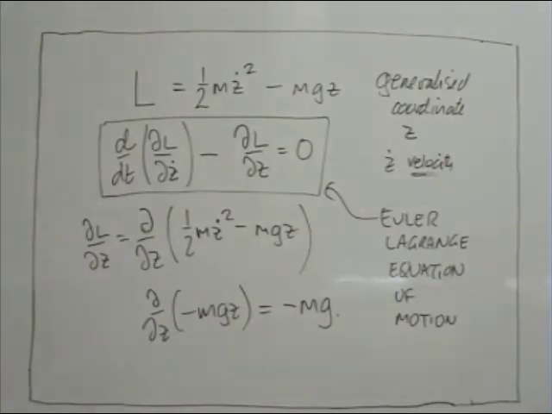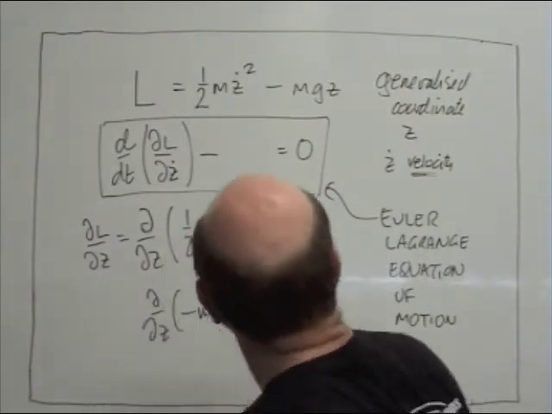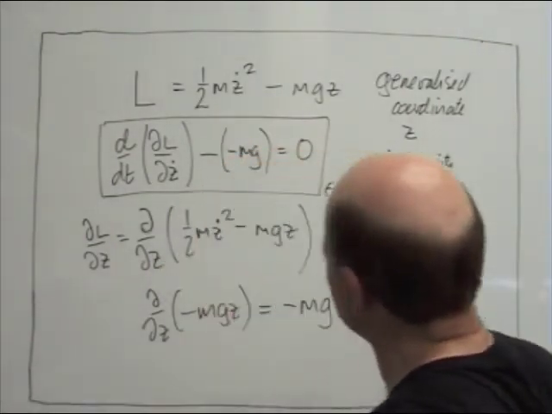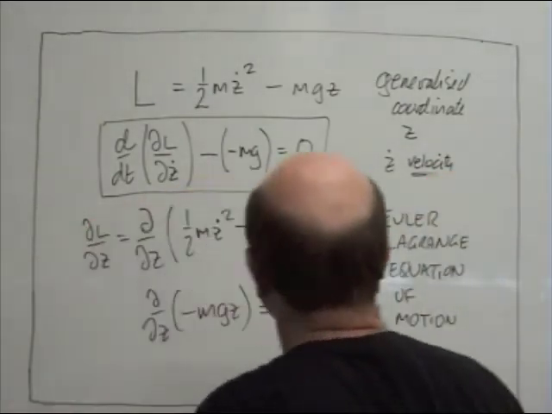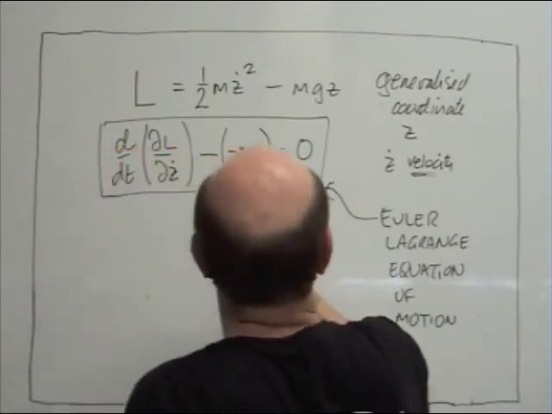So let's erase partial L with respect to z and write minus mg. And of course, don't forget the minus sign, that's important. So that's the first partial derivative we've got to do. The second one